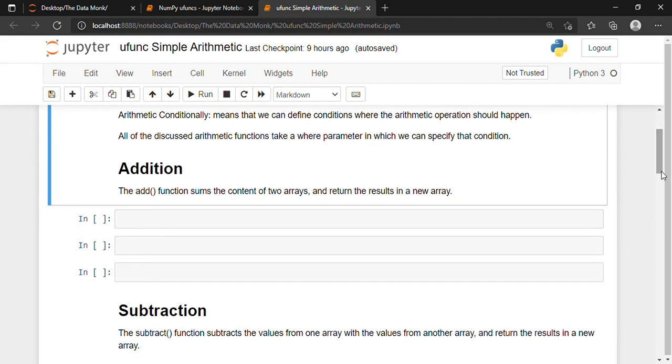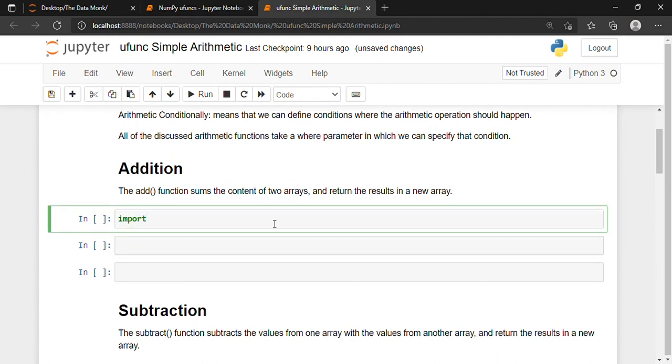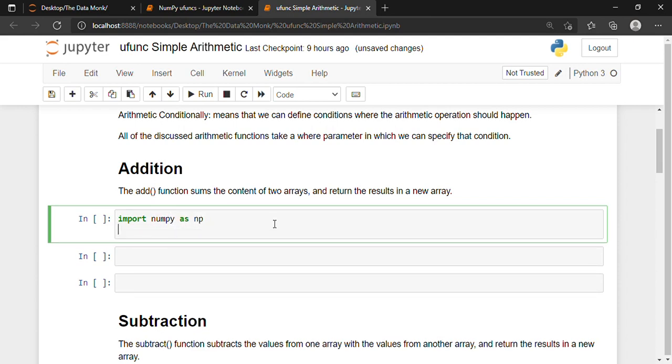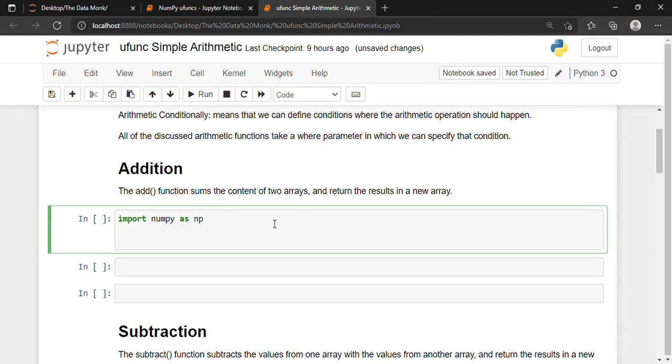Suppose I first have to import numpy as np. This is the first step. Then the next line, suppose that I am creating two arrays using numpy. So array1 is the name of the first array, and I'm writing array1 is equal to np dot array, the traditional process which we use to create the array. If you don't know this, then you should see the earlier videos, where I have taught how we can create arrays using numerical Python.